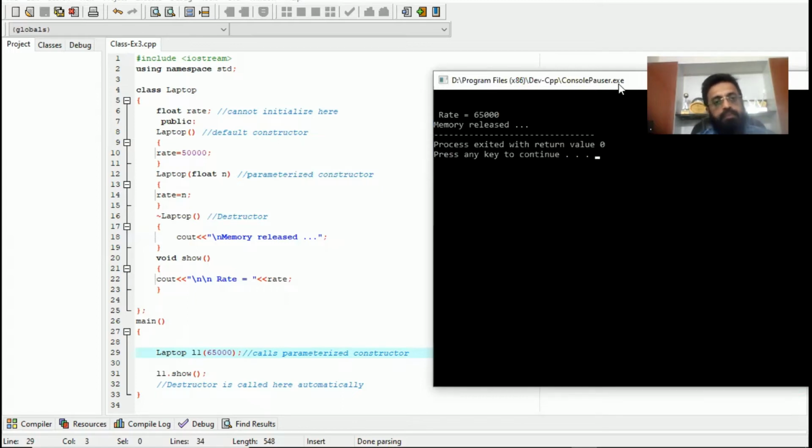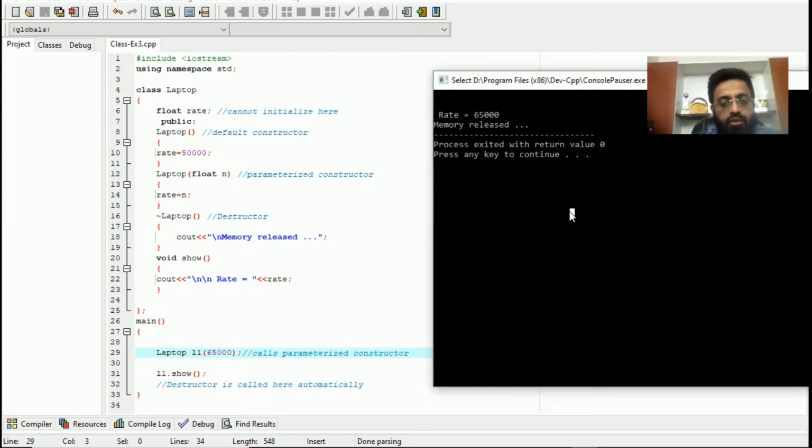So let us compare constructor and destructor. What is a constructor? Constructor is a public function of a class that constructs the object. It initializes the variables, reserves the memory and other resources. And destructor is a public function which is called at the end of the program, usually when the function is about to end or is about to return, and it releases all the resources which have been used by that